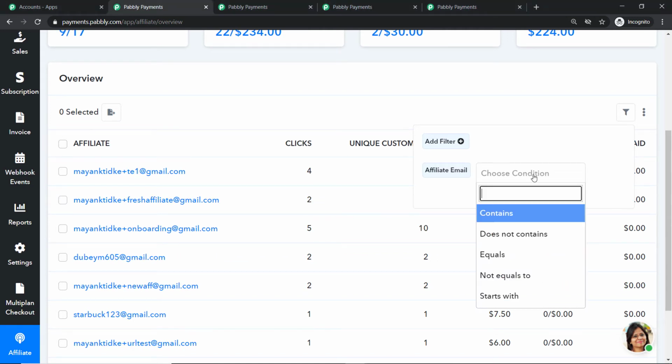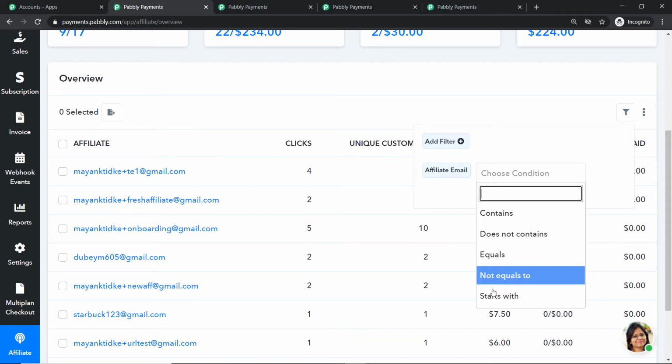In the choose conditions, we get options like contains, doesn't contain, equals, not equals to, starts with. If we go with contains, you basically give any input, and based on your input, the system will provide you details. Now we have does not contain. Here you can add a value that you don't want in your filtered data. Similarly with equals, you just provide the exact value that you want to see in your filtered data, and it will return the results. And the opposite, not equals to, you just add a value which you don't want to see in your filtered data. And starts with basically means that you can filter the data by just giving the initials of your selected attribute.